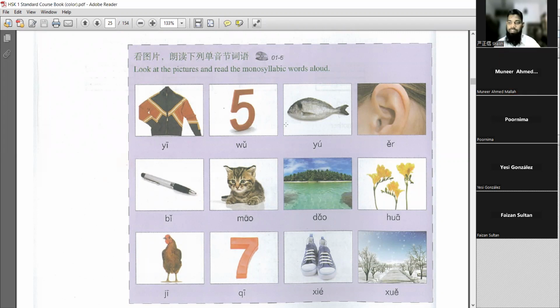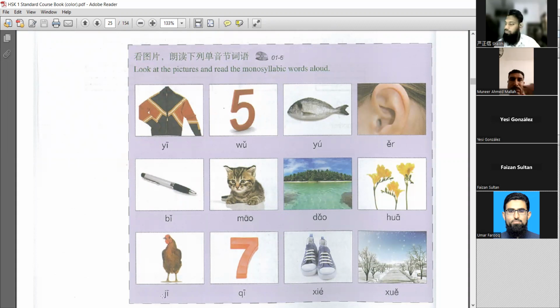So these are some of the monosyllabic words, which we are going to listen to in the audio right now. 五鱼耳比猫岛蛙鸡七鞋雪